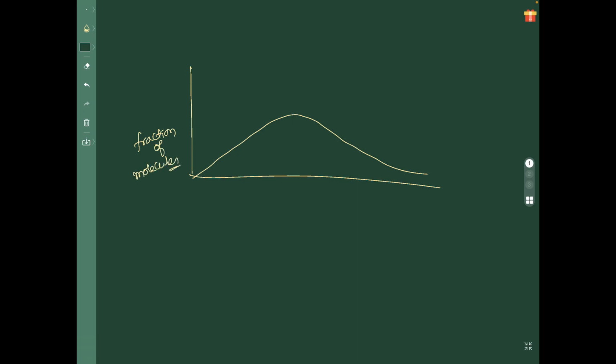This you have studied in your class 11, states of matter. Do you remember this graph? Here I am taking the fraction of molecules. What fraction of molecules am I taking here? Ne by Nt. Ne means the number of molecules possessing activation energy, and Nt is the total number of molecules. And here I am taking kinetic energy. This particular point is the highest fraction of molecules, so this energy is called